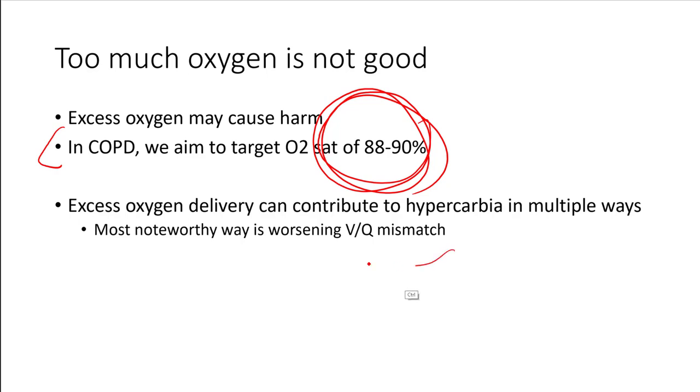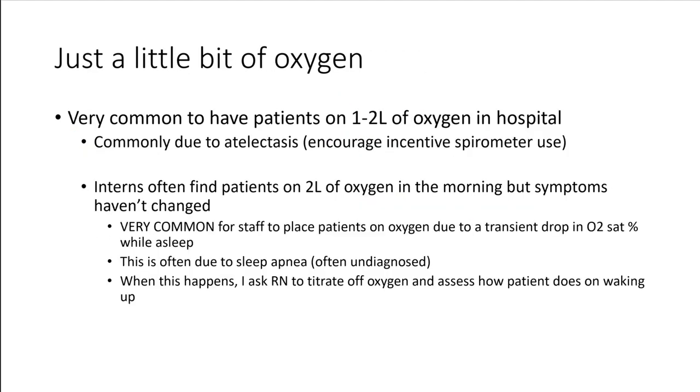The biggest reason that people with COPD retain CO2 if you titrate their oxygen too high is because of VQ mismatch. You're throwing oxygen all throughout the lung, including areas that aren't able to perfuse and blow off CO2, hence you're causing VQ mismatch. And for your patients that are just on this smidge of oxygen, 1 to 2 liters of